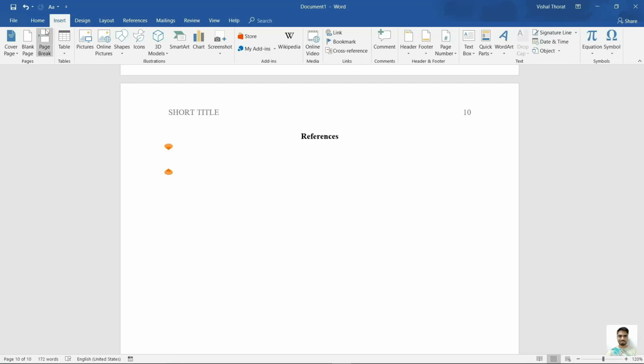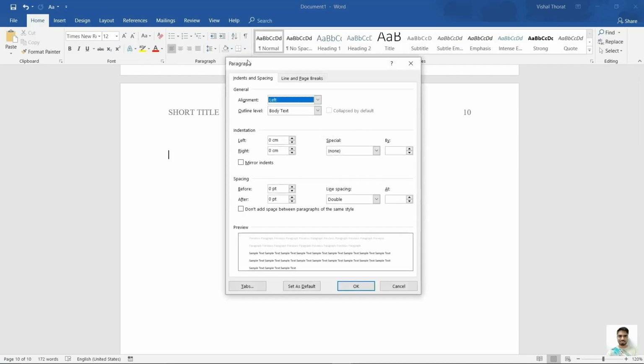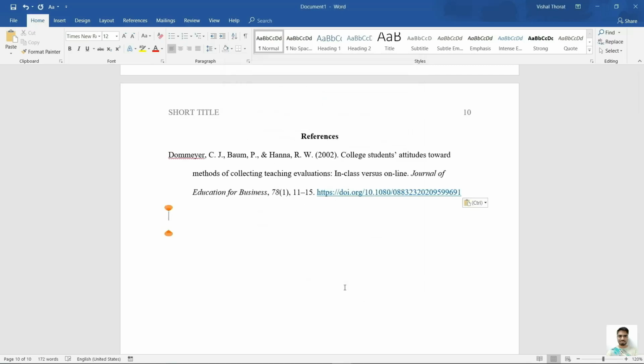Set hanging indent of half inch from home tab. Type in the reference. You can add analysis tables and figures if any after the references, each starting on a new page. Now we are done with major formatting settings.